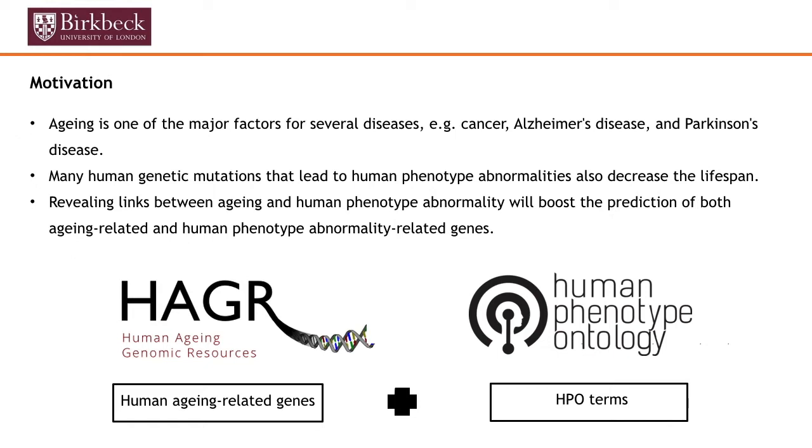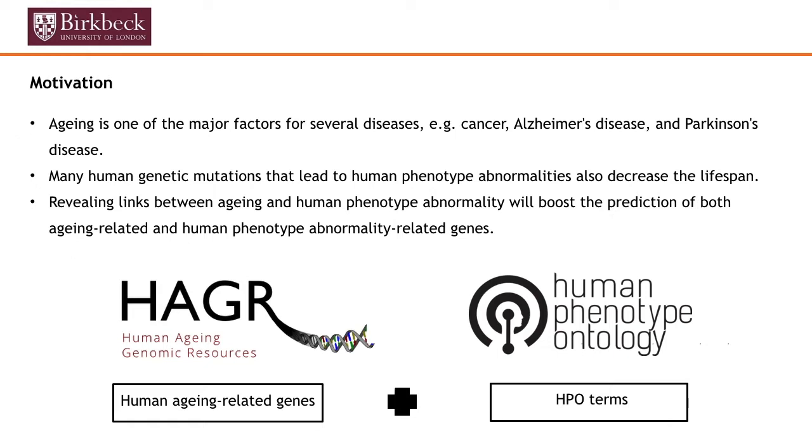We already found that some genes play roles in the aging process. Also, the mutations of those genes will lead to human phenotypic abnormalities. That's why it's quite interesting to figure out the link between the aging process and human phenotypic abnormalities after certain genes have mutations. In order to reveal these links, we need to use databases, including one that deposits the human aging related genes, and the Human Phenotype Ontology database, which uses a generalized vocabulary to describe